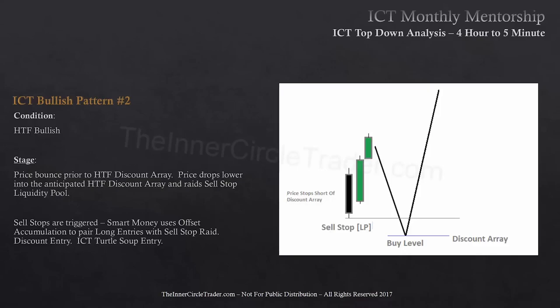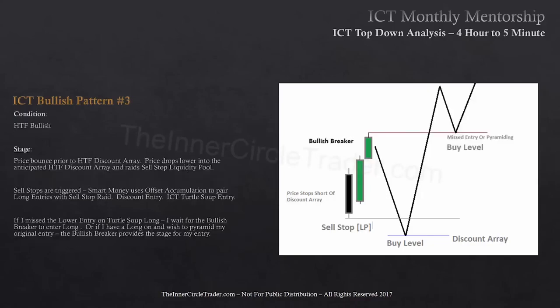I buy down there at the discounted rate because now I have a better feeling that price should rally, because it's taken out stops. It went to my logical discount array, and this is turtle soup. And the bullish pattern number three, which is basically the same pattern I've just shown you, but